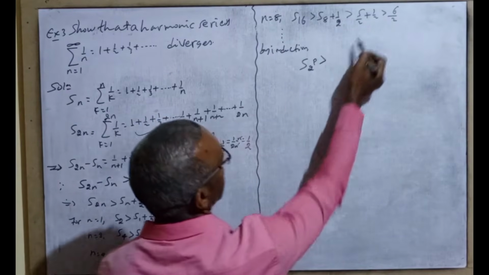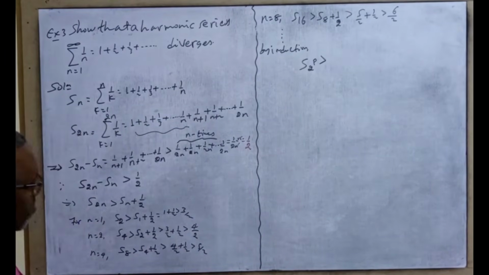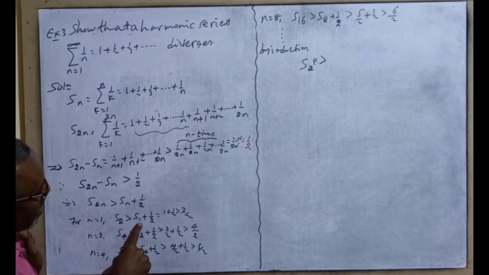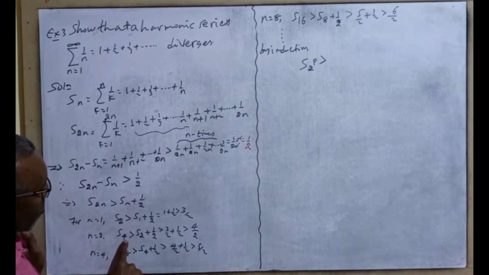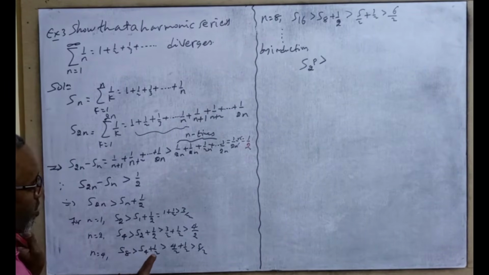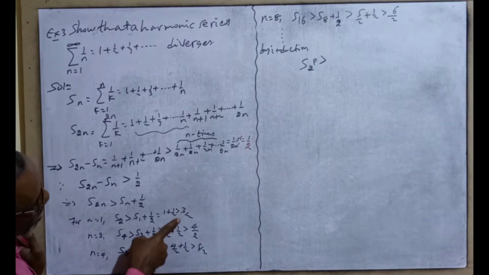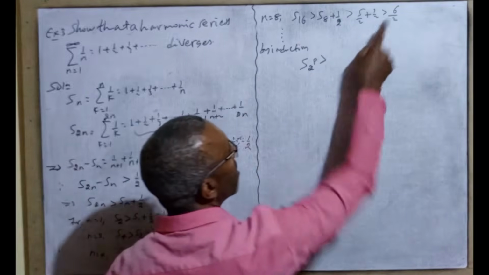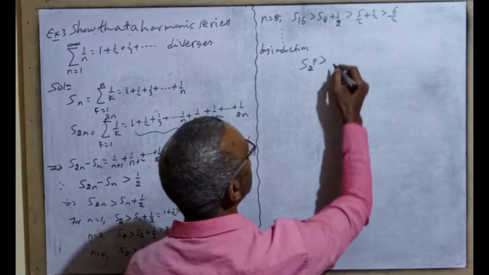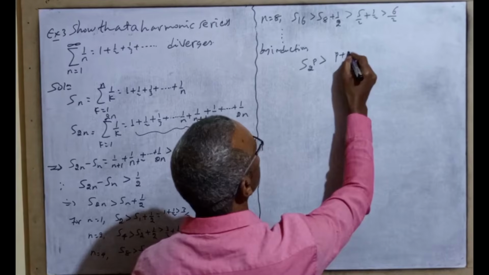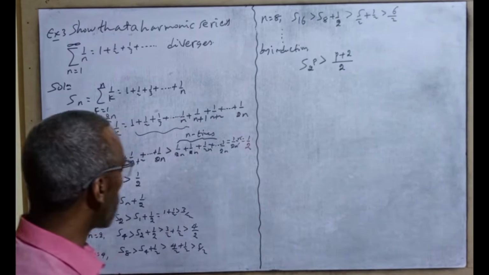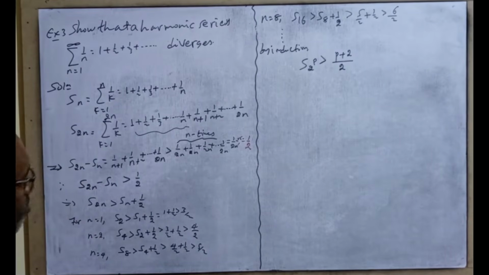Look at the pattern. Here s2 is greater than s1 plus 1 over 2, s4 is greater than s2 plus 1 over 2, s8 is greater than s4 plus 1 over 2. So we have 3 over 2 here, 4 over 2 here, 5 over 2 here, and 6 over 2 here. This is p plus 2 over 2. For example, if p is equal to 1,